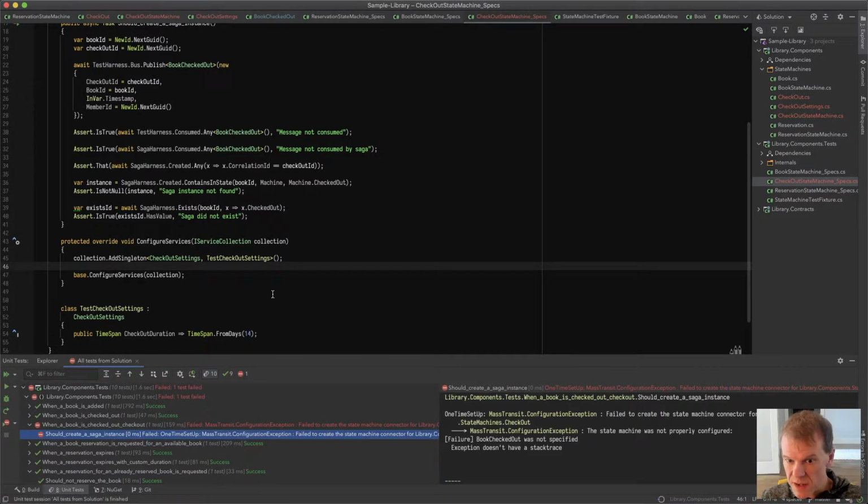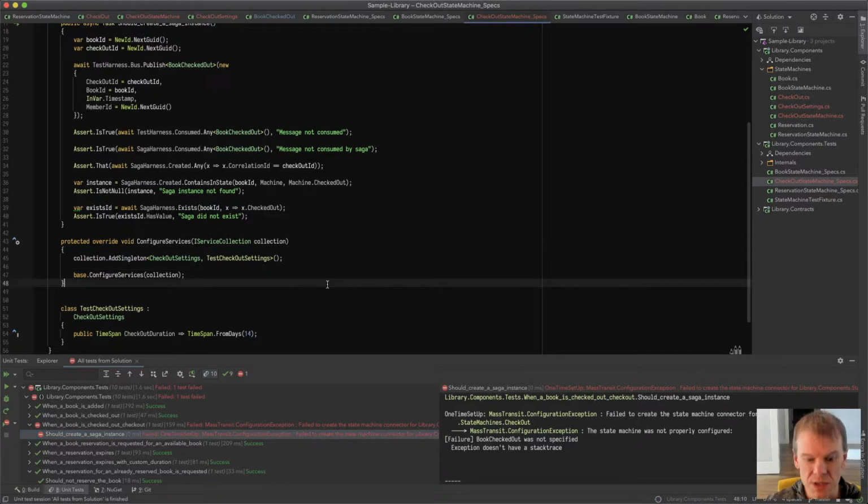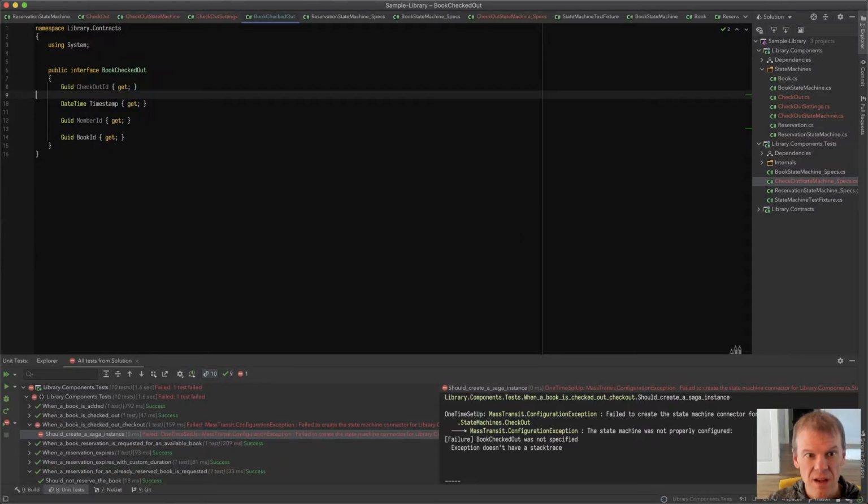Of course, it still failed to create a connector for checkout. The state machine was not properly configured. Book checked out was not specified. Oh, okay, we didn't declare the event because the event didn't previously have a correlation in it, which is now